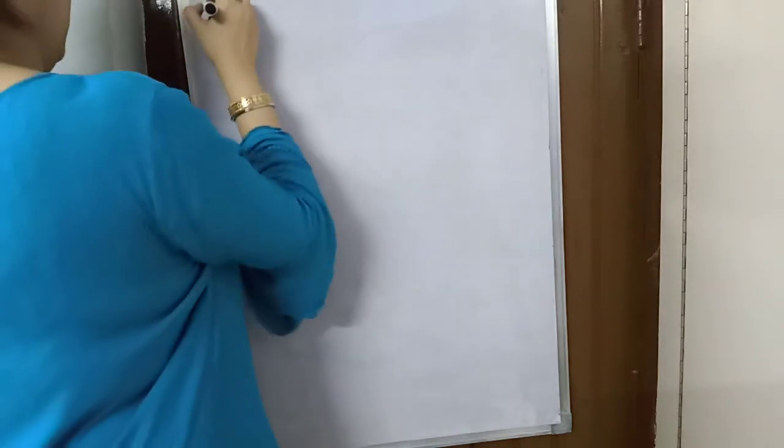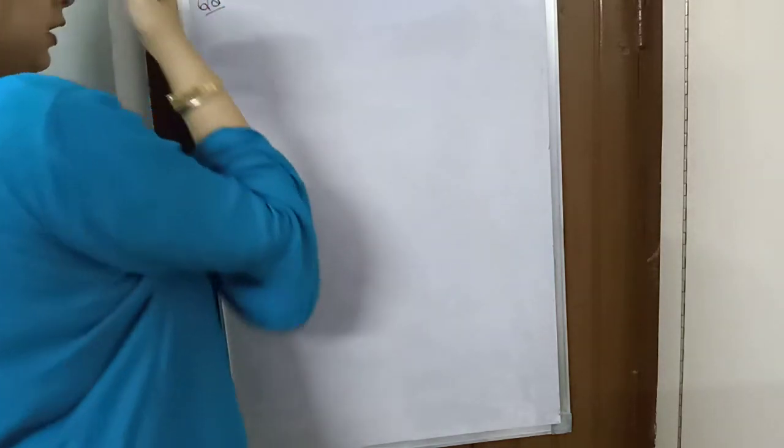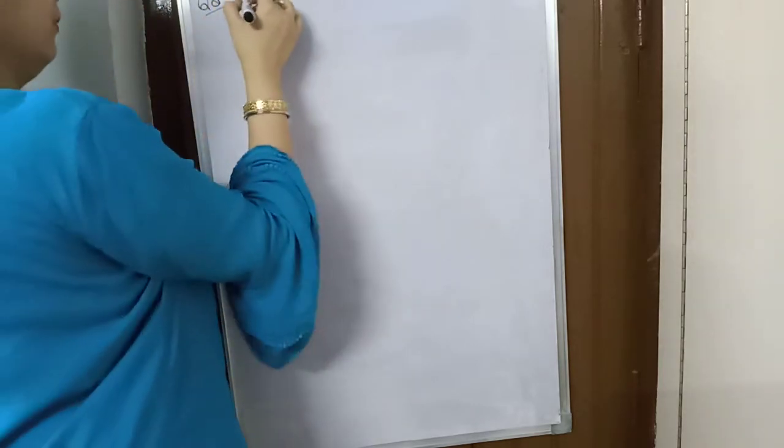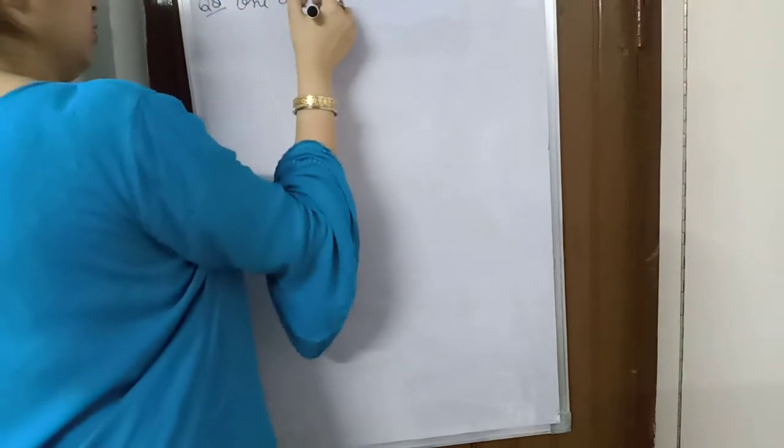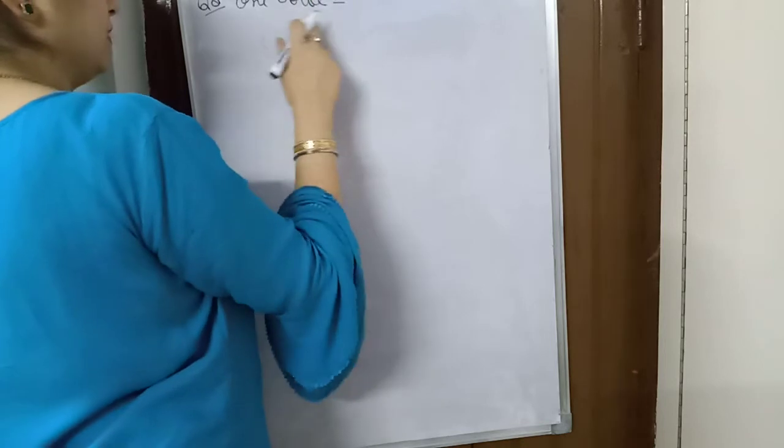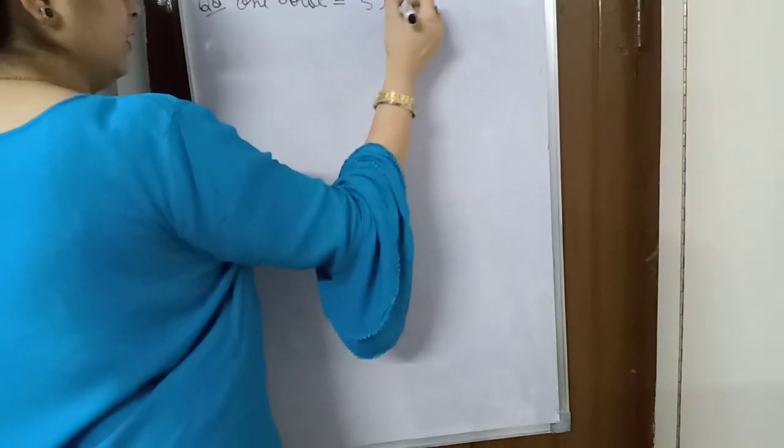Read question number 8 from your book. What they are saying, Vidya and Pratap went for a picnic. There are two friends, Vidya and Pratap, brother and sister we can say. Their mother gave them a water bottle that contains 5 liters of water. One water bottle is there, and in that water bottle 5 liters of water is there. Water present in one bottle is equal to 5 liters.